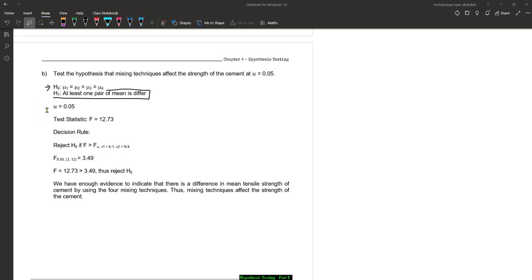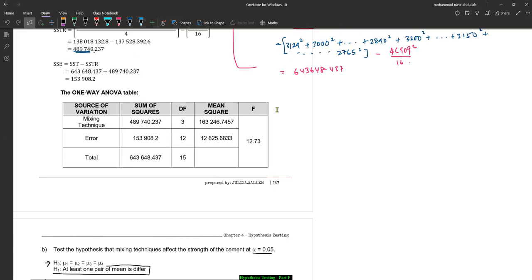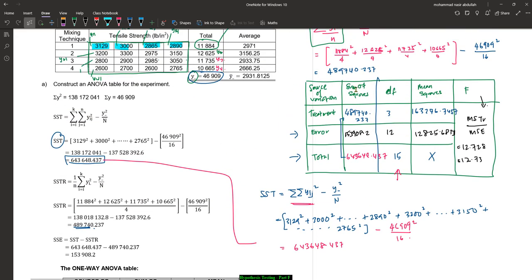So the second step is we should specify our alpha, which is, let's say dia kata nak alpha 0.05, and then our test statistics is equal to 12.73. So this one dapat daripada table ni. Let's say I copy